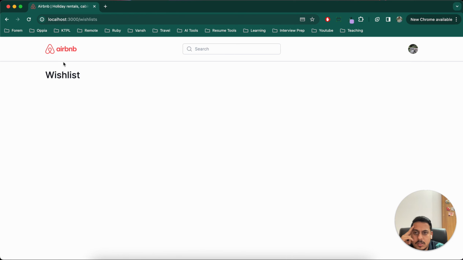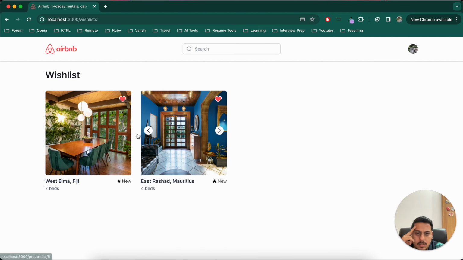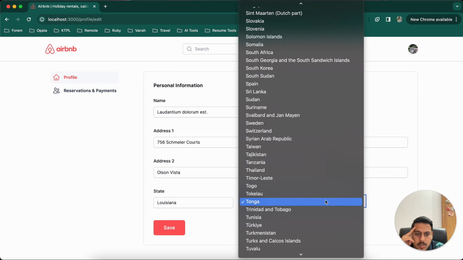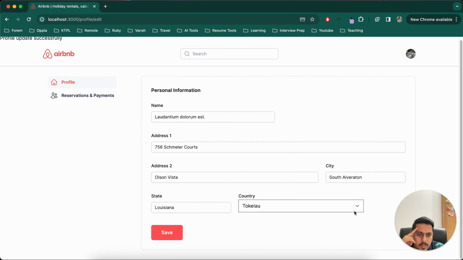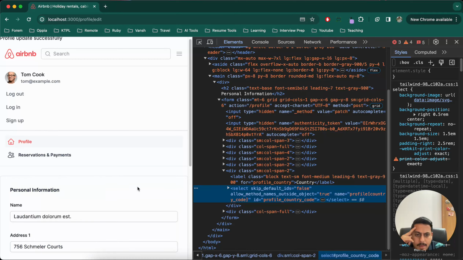Let's go to wish list and see if some of the properties are working or not correctly. And they're working. Now let's go to accounts. Things are good. Tongo can be changed. This, you can override this UI basically. Inspect, and